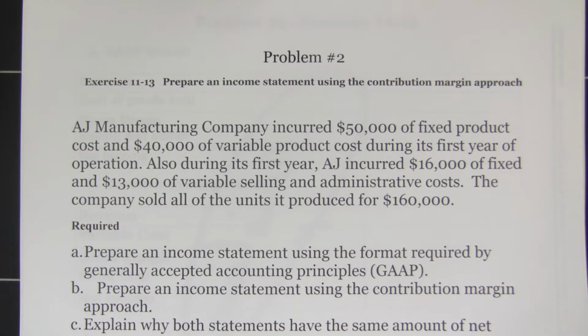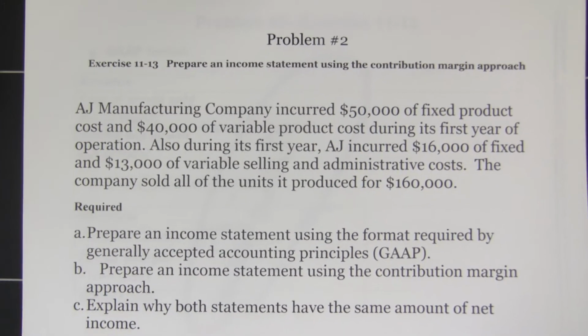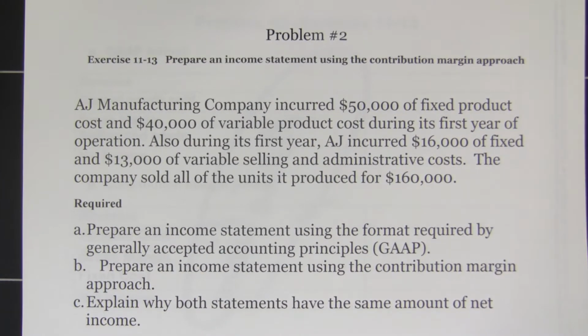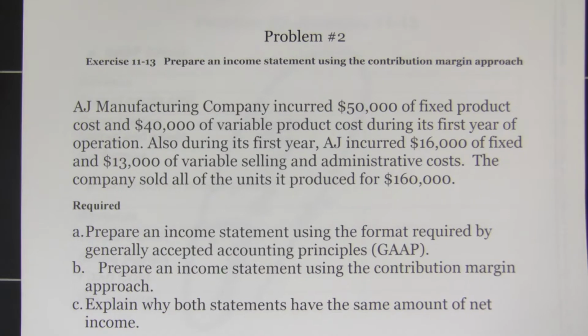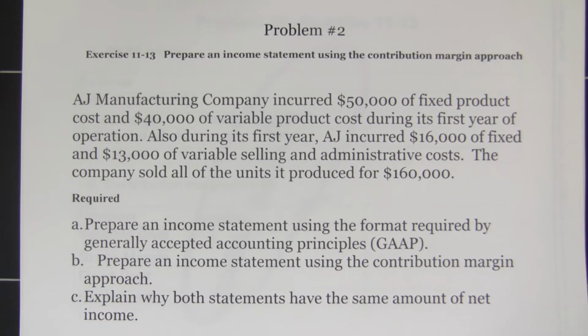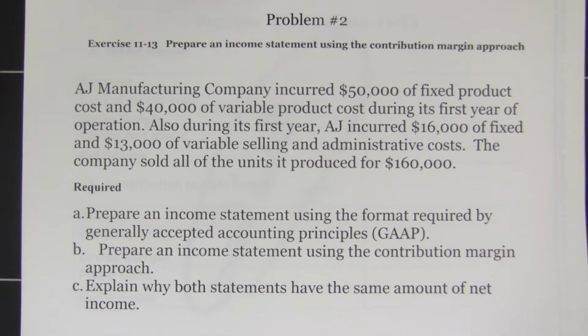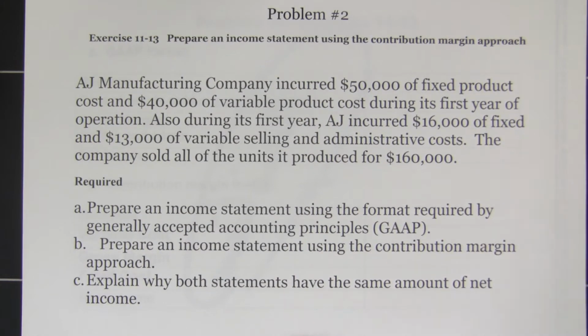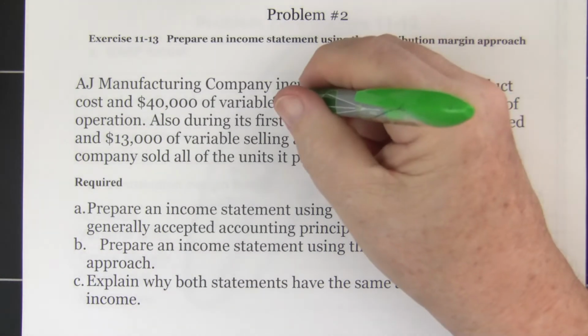Problem 2 on Connect. This is exercise 1113 in your textbook. They talk about preparing an income statement using the contribution margin approach and the traditional or the GAAP approach. Let's go through and highlight some of the information because they tell us this company